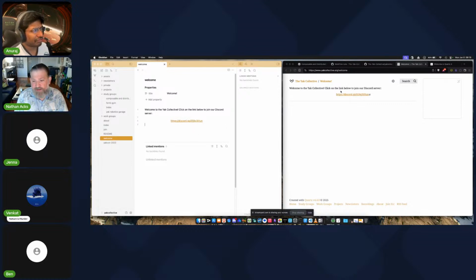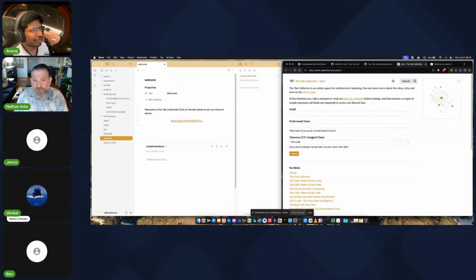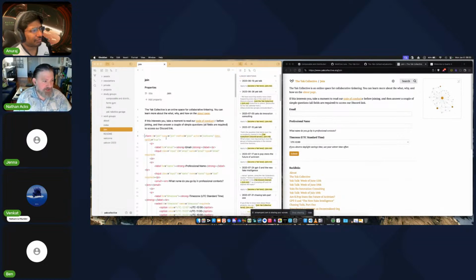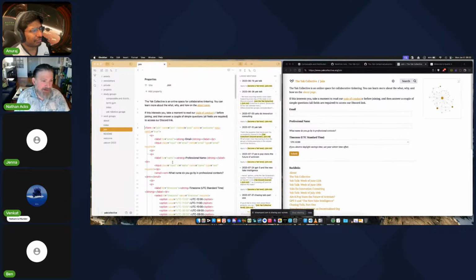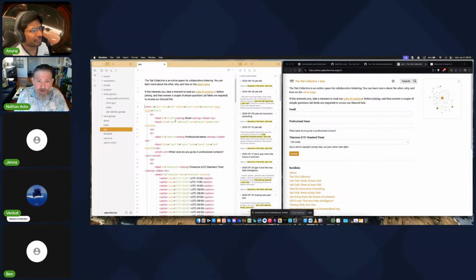Or if we decided we needed a different setup, we could change this to an embed. So this is actually what's going on here: it's just some HTML that's embedded in there. That's how that form is. So we could change this if we wanted to start using a Google form embed. We could just change this code HTML to a Google form embed. So we have lots of options.